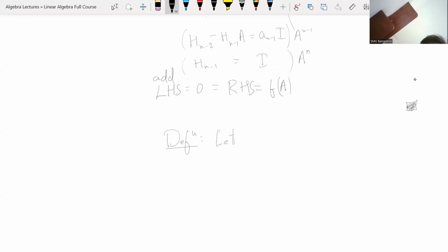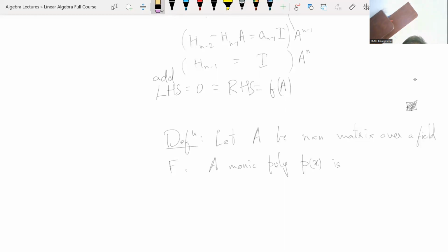Let A be an n cross n matrix over a field F. Again, one can define it for a linear map, but okay, first matrix. A monic polynomial, let's give it a name, p(x)